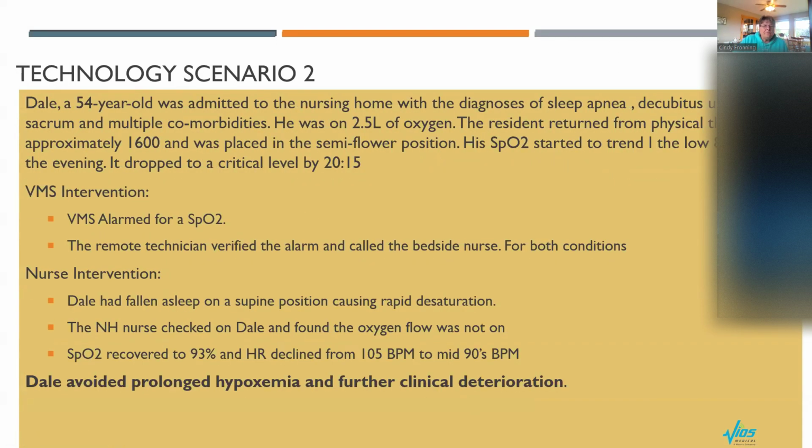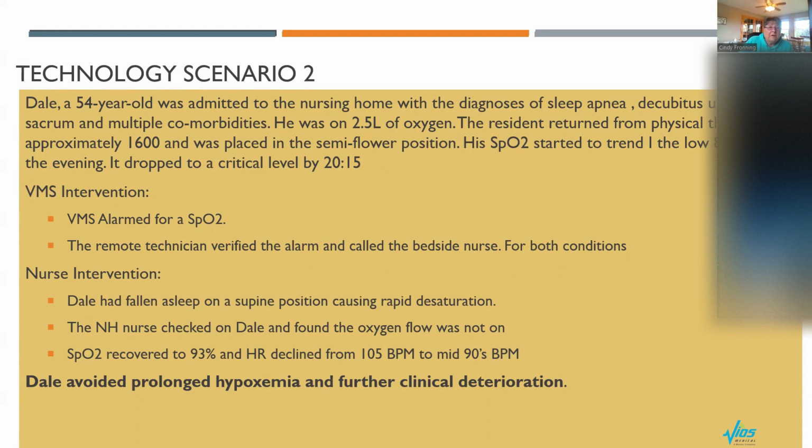There's another one, and this one's about Dale. Dale was a 54-year-old who was admitted to the nursing home, and he had sleep apnea. He had a decubitus ulcer on his sacrum, and he had also many comorbidities. He was on 2.5 liters of oxygen. So this resident was going to physical therapy, and when he returned at approximately 1600, he was placed in a semi-Fowler position. His O2 stats started to trend down to the low 80s,